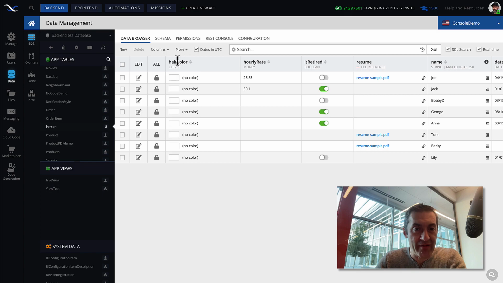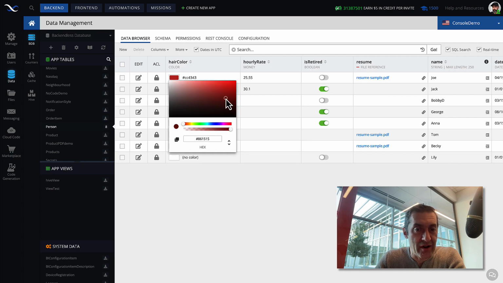So now we have this hair color column with the color data type, and by default there is no color because Backendless didn't know what to assign and we didn't specify the default value. To assign a value to a record, just click on this area and you get this color selector.